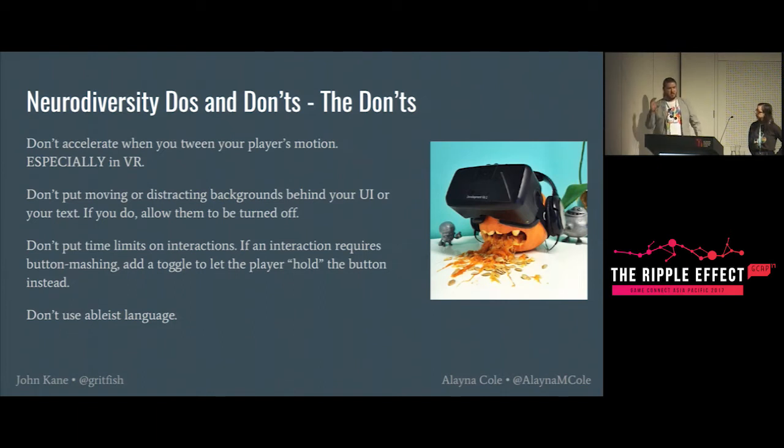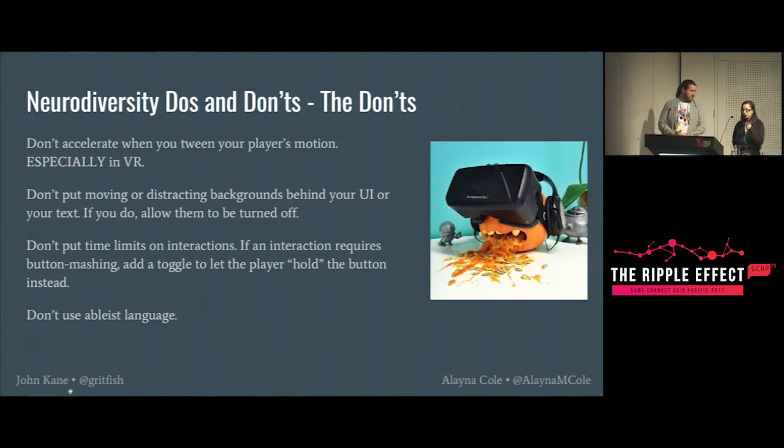shake. Maladrops has the camera turn when you play the game, and so I added settings to change the speed of that or to just have it blink to the next rotation, and that helped deal with motion sickness a lot in that game. Also, don't use ableist language, especially in your Steam page. I still see huge flare-ups from games that use the phrase spastic to imply a lot of motion, which is not what that word means, right? People, just check your language.